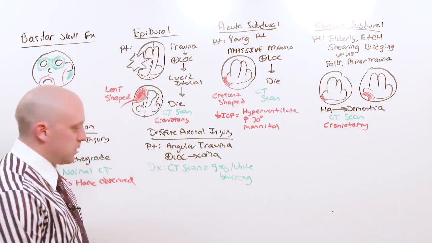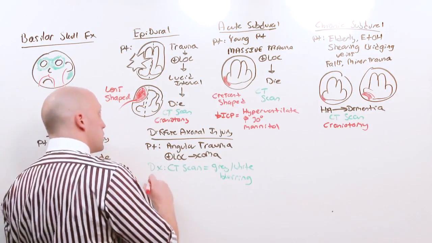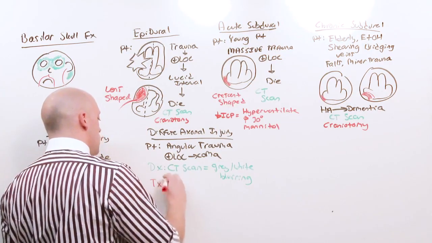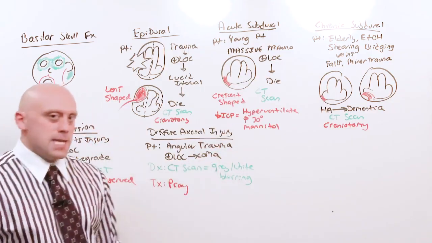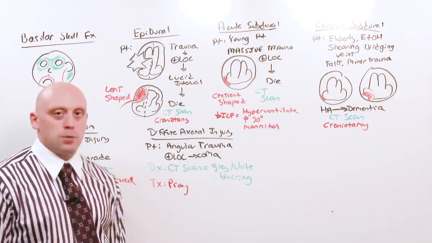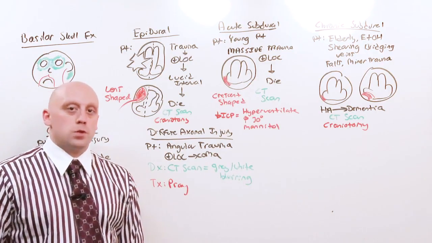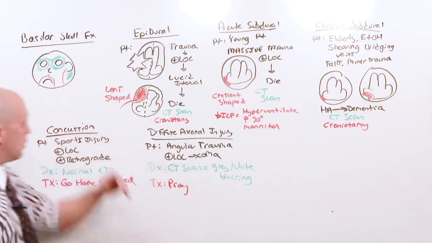They're basically dead. The treatment is worse, and then the acute subdural. You basically can only pray. Yeah, you can try to decrease intracranial pressure, but they have such damage done to their brain that they're probably just going to die. So in head trauma, what you're looking for is a basilar skull fracture that tells you,